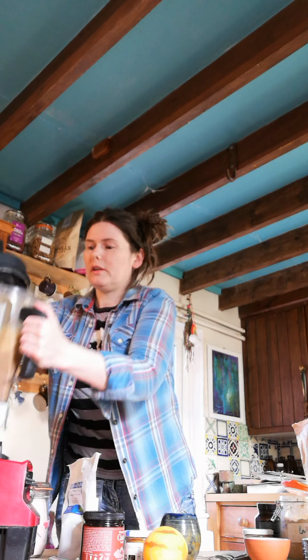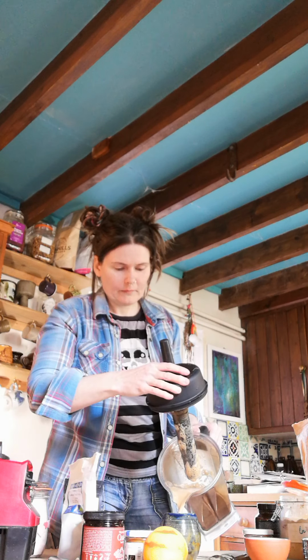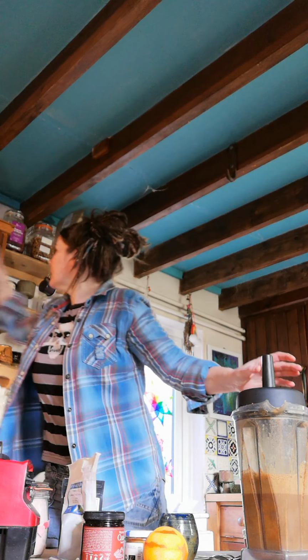And then just pour out a cup for the day, and then sweeten it to taste. I use honey, raw honey, or you could put whatever sweetener you like in there. And so I have that for the day, and then when that's gone cold, I'll put that in a jar in the fridge,